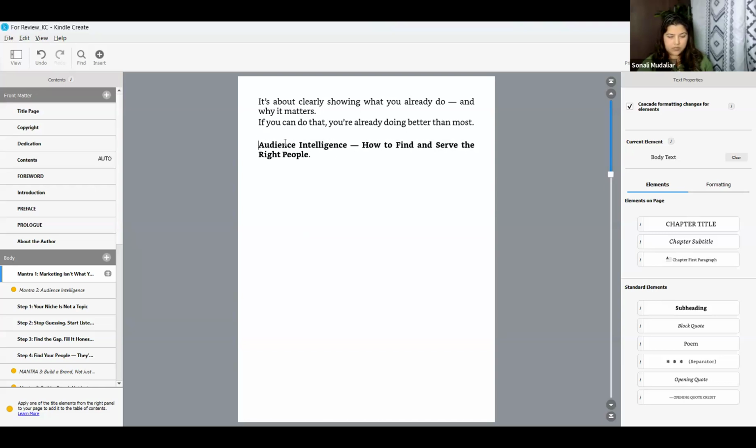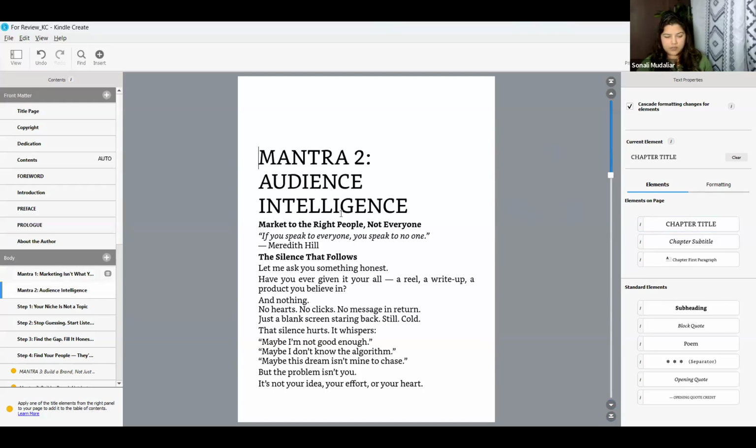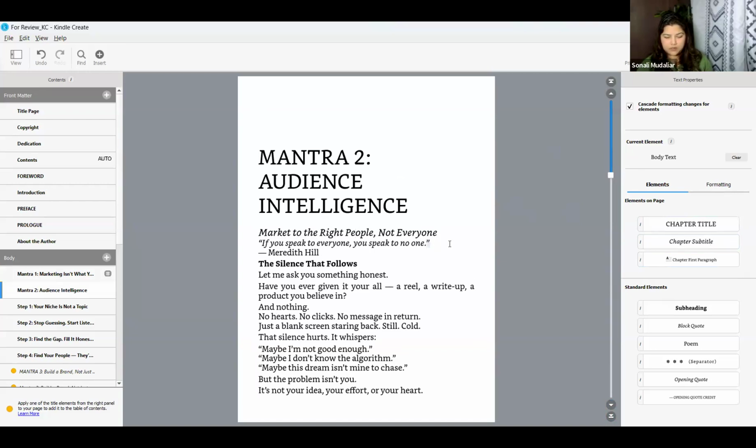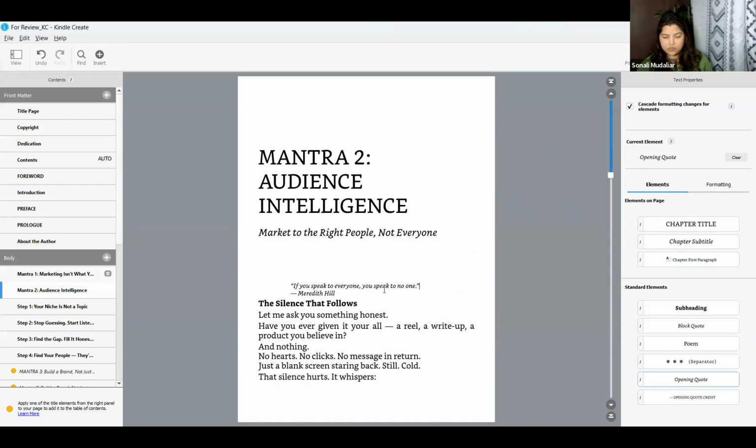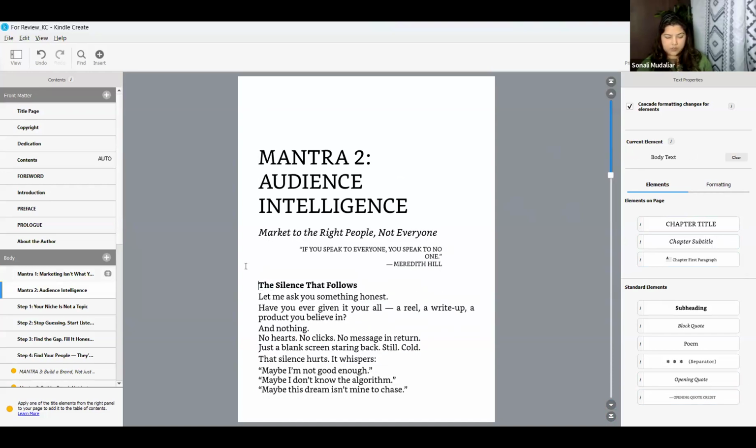So I'm going to just hit enter and add it over here. This is my second chapter. This is my chapter title. This is my chapter subtitle. This is my opening quote. This is my opening quote credit. And this is my first para.